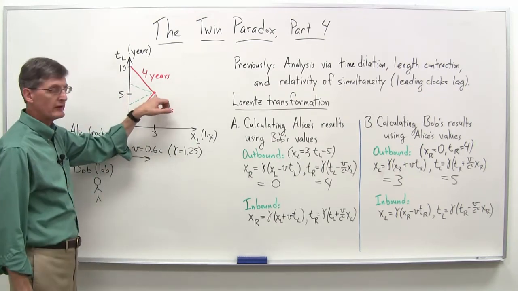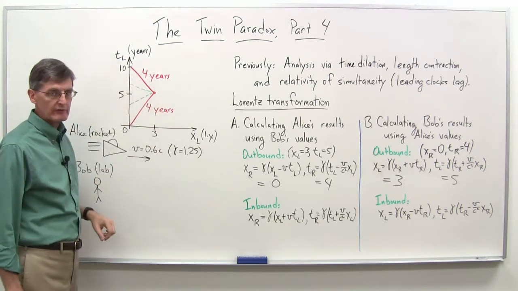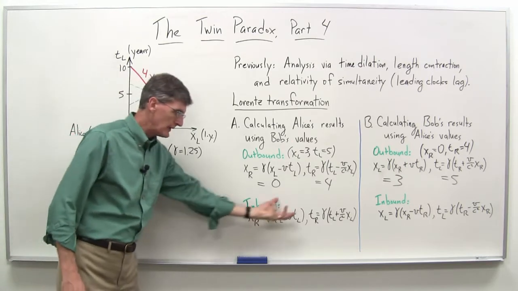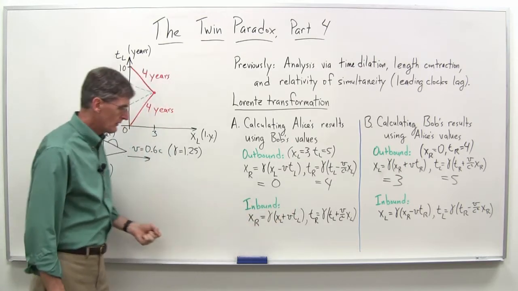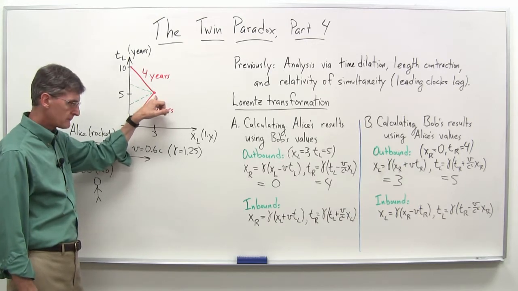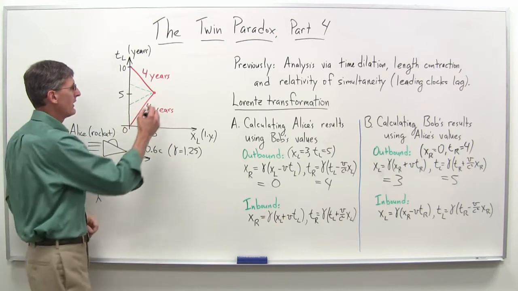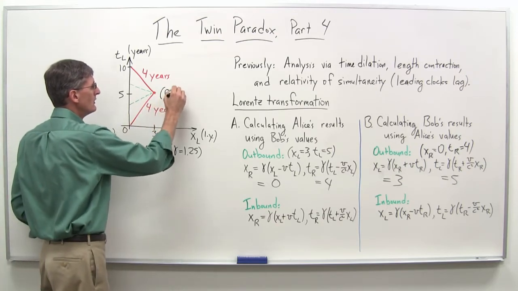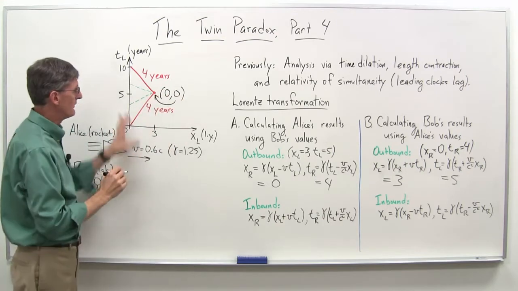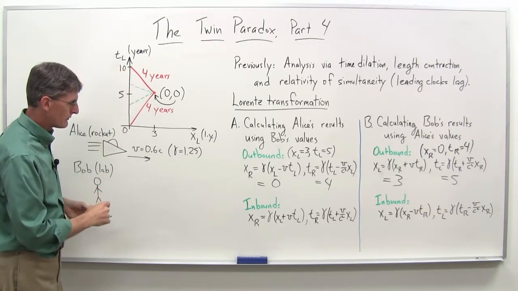In this case, our starting point is out here at the point 3, 5, and we're going back to the left. So to make it easy to use our general equations, we have to redefine this as the origin point. If this now is our new 0, 0 point, just for the second leg, the inbound leg analysis,